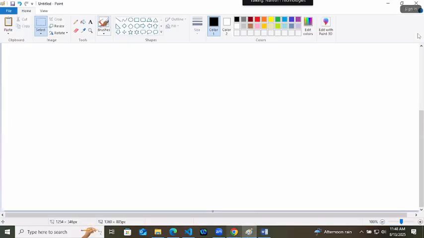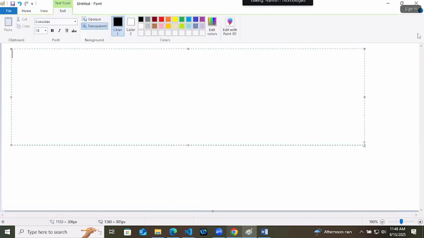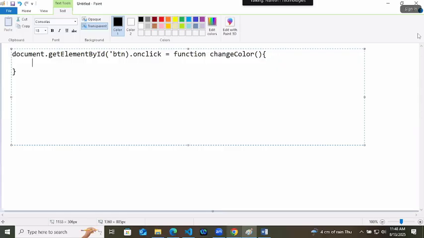So I will write an example for it. If I am writing something like this, document dot get element by id, id is btn dot on click equals to function of change color, and then we will go to button, we will write style dot color equals to red. You understood this or not? What we are doing, we have added an on click to the button. Now